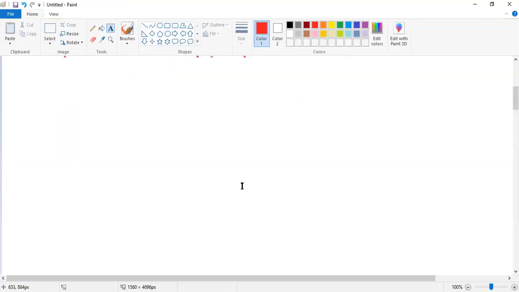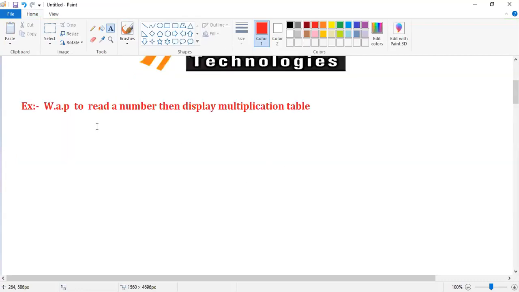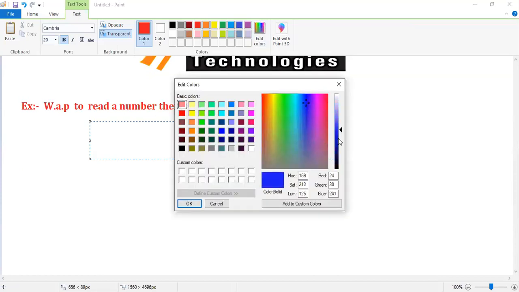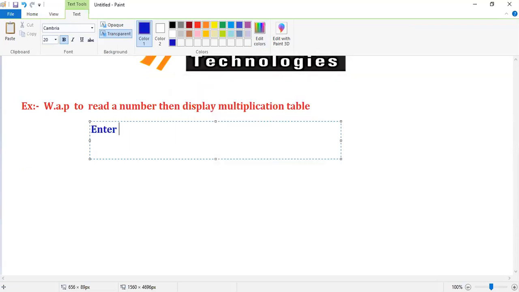Your program has to read a number. For example, it has to ask like this: Enter any number.